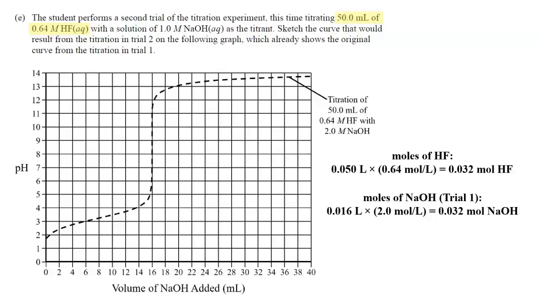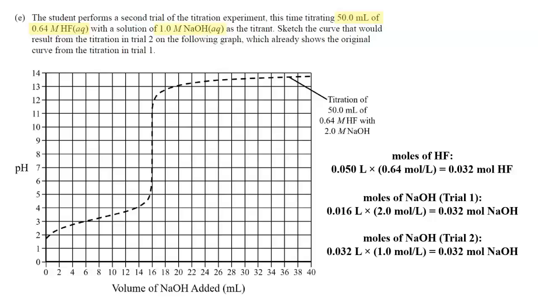So in trial 1, 16 milliliters of the titrant was needed to reach the equivalence point. So in trial 2, if I reduce the concentration of sodium hydroxide from 2 molar to 1 molar, then I will need twice as much volume of the titrant to reach the equivalence point. So to show you that math, it would be